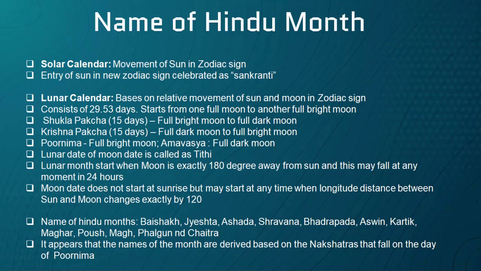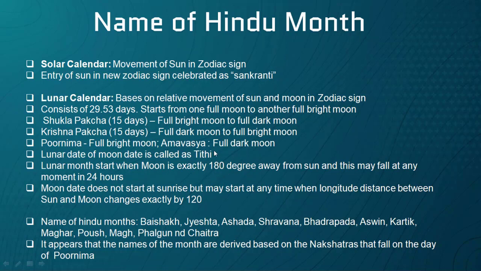What does that mean? It means that it's not going to be the same as what we have in our normal calendar days. A day might not start at the first hour; it could fall at any hour. Let's say sometime at 10 o'clock in the morning a tithi could start, or say 5 o'clock in the evening. It only starts when the moon is exactly 180 degrees away from the sun. So that's how Tithi is derived.